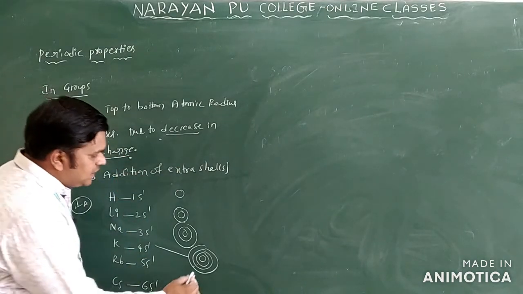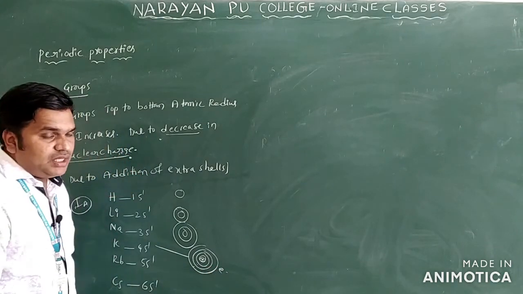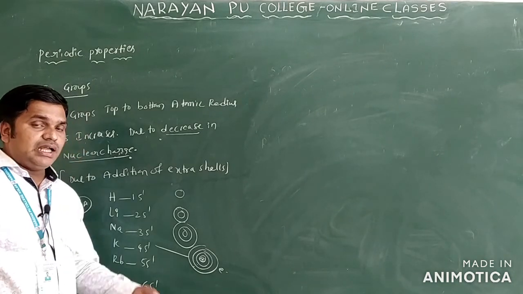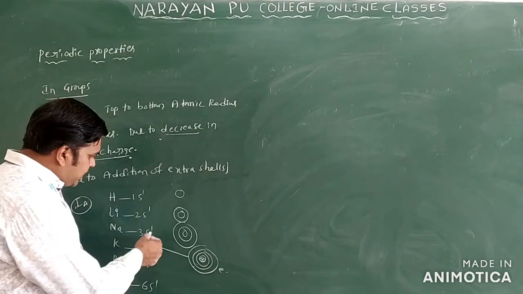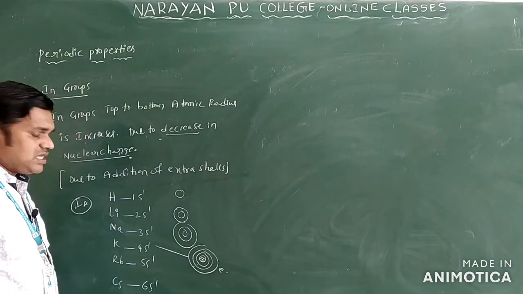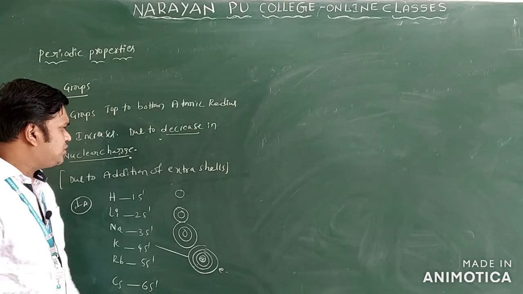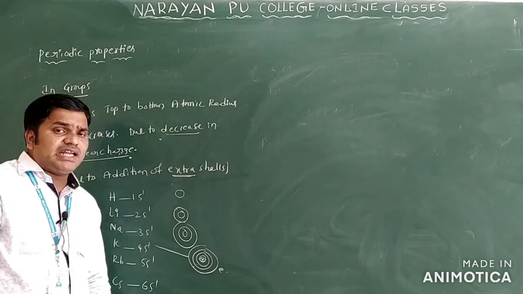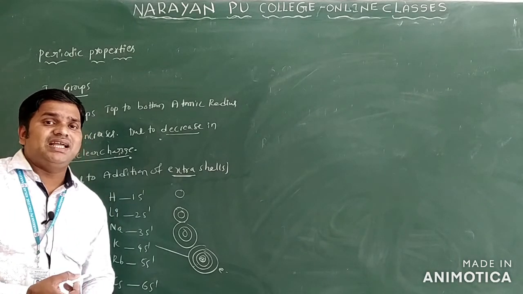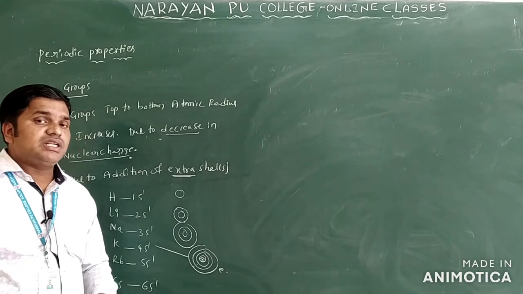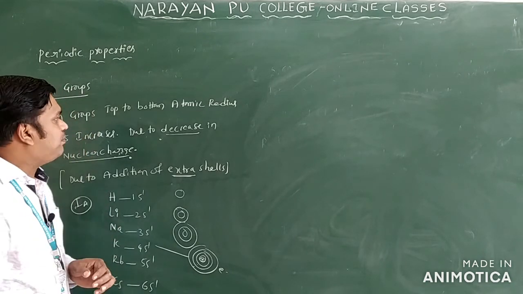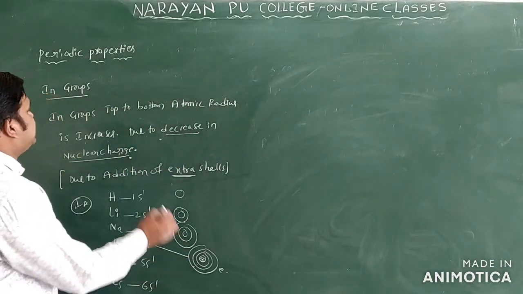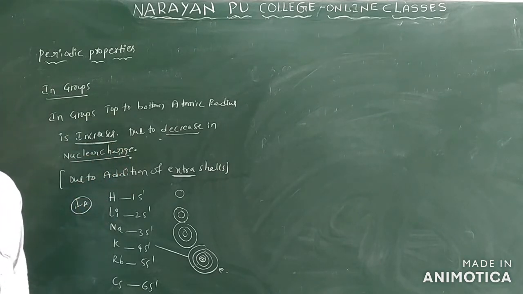Why here? This is the center of the nucleus, this is the outermost electron only. If an electron enters into the same shell, nuclear charge increases. But here electrons enter into different shells: first shell, second shell, third shell, fourth shell, fifth shell, sixth shell, like this the 7th shell. Whenever the electron enters into an extra shell, the distance between the outermost electrons and the nucleus increases. Thereby the nuclear charge decreases. Whenever the nuclear charge decreases, atomic radius increases only.